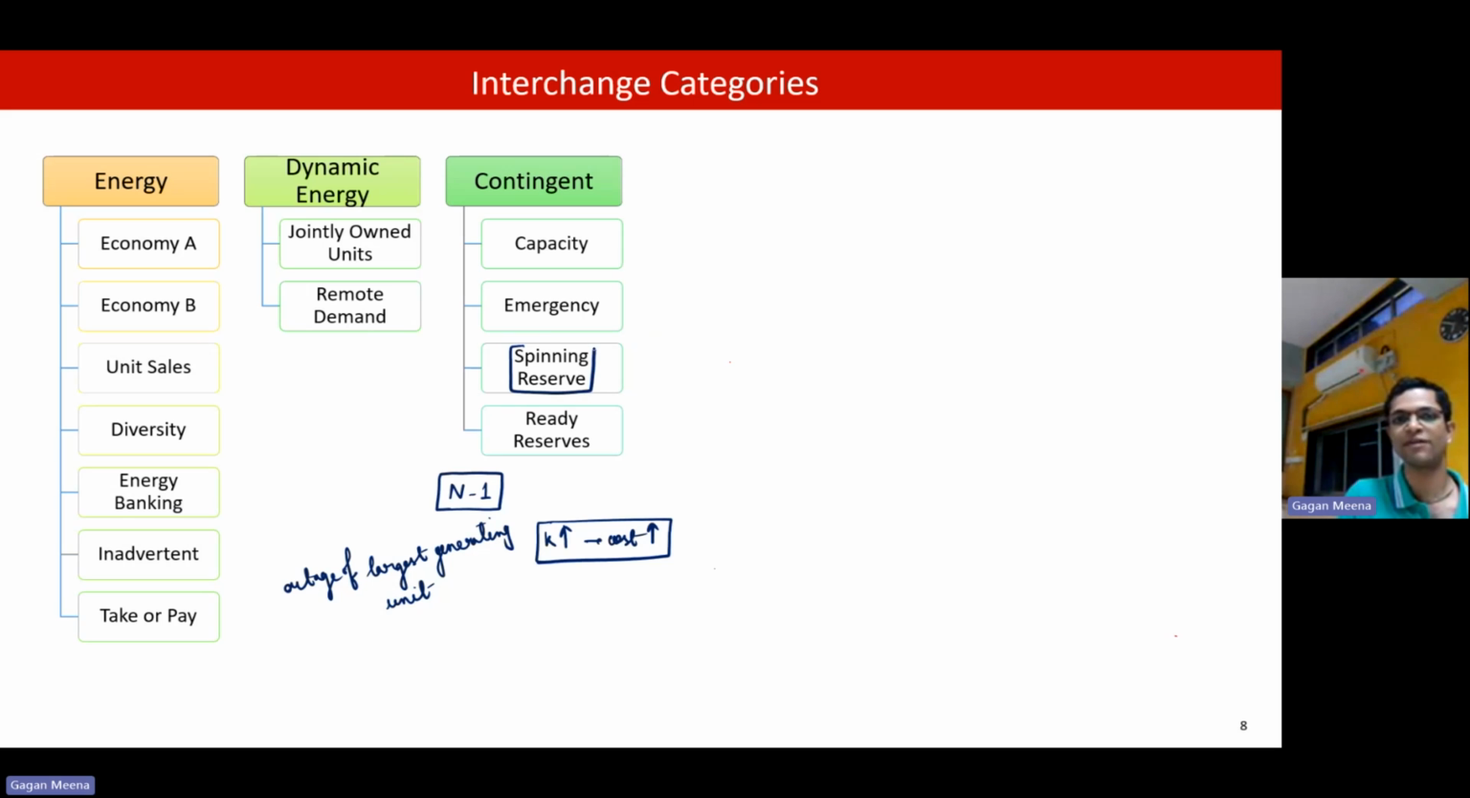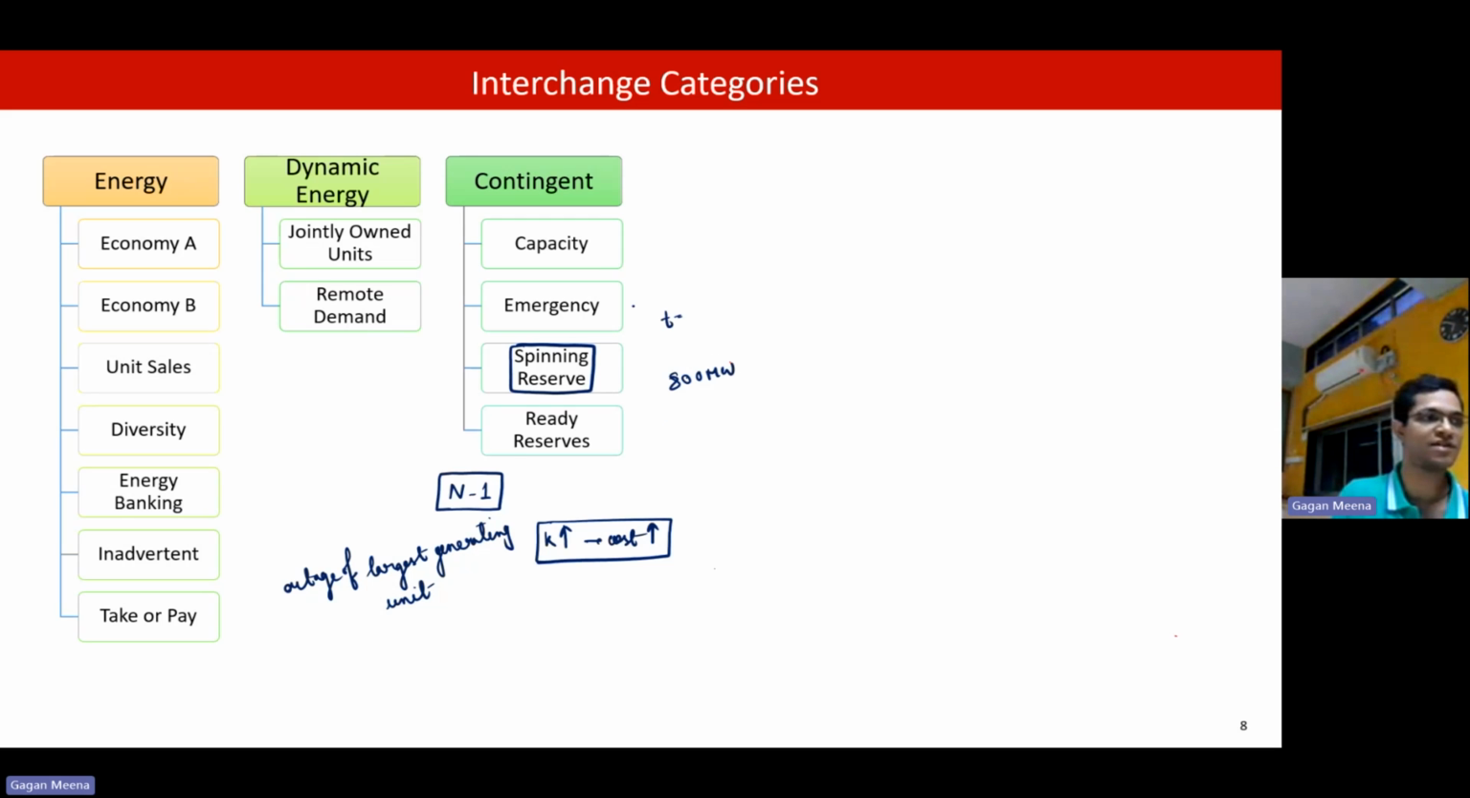Apart from this capacity reserve, we also have on-bar spinning reserve. These are the generators which are already connected and synchronized to the system. That's why it is called spinning. They are running, they are generating. But they also have some limit. Let's say one generator is there, its capacity is 800 megawatt, but currently at time T